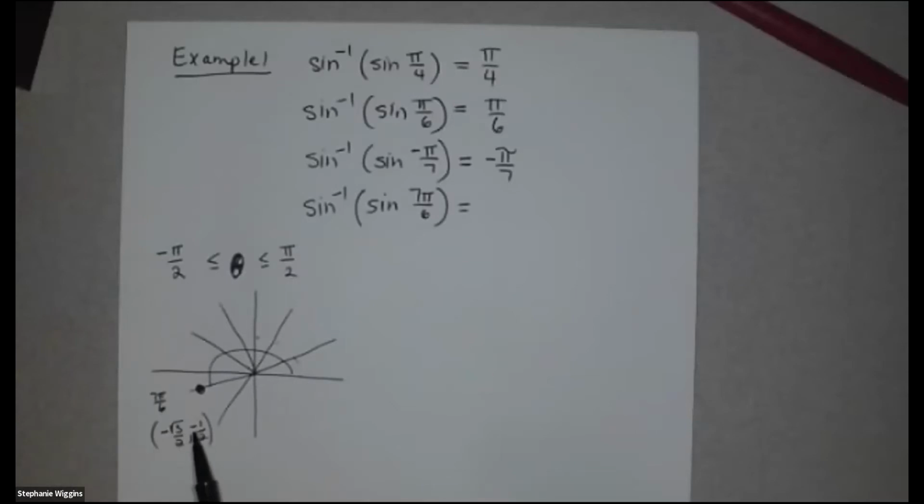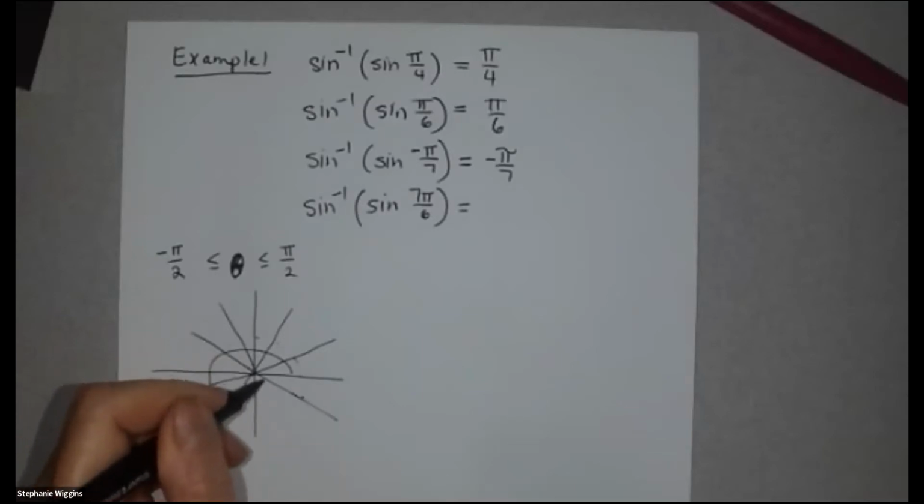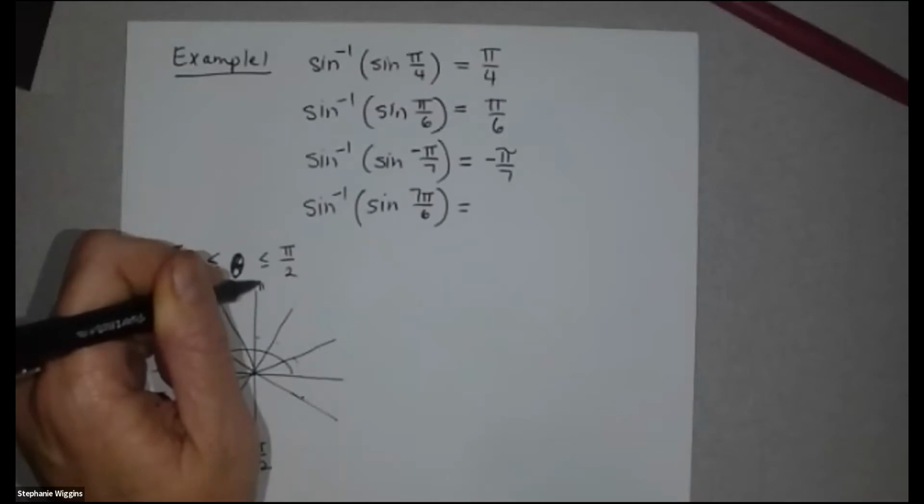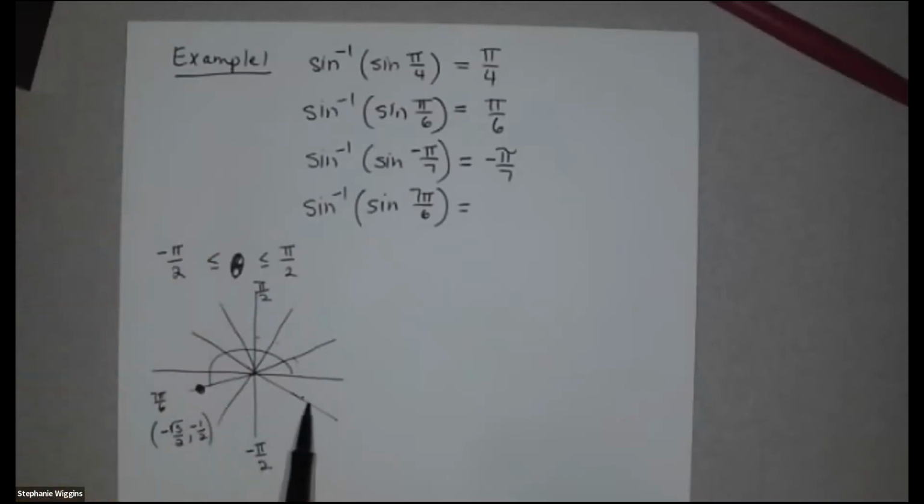Well, the sine value is negative 1/2. And over here, if we think of this angle down here as negative pi over 2, and this angle up here as pi over 2, the one that has the same